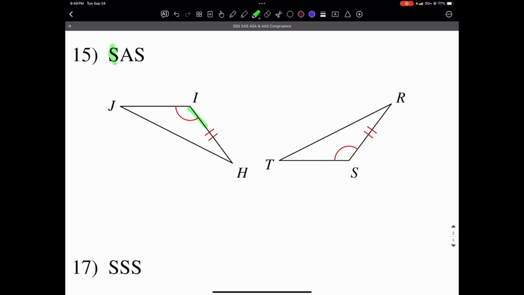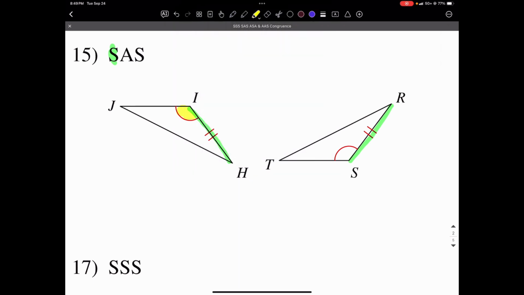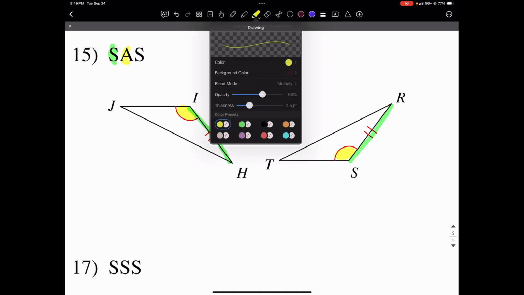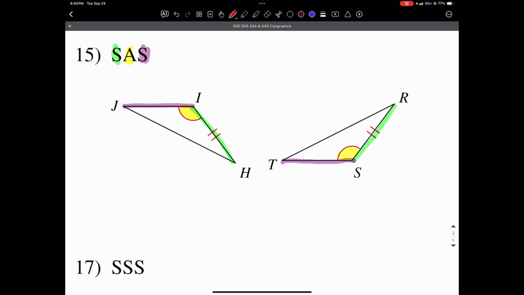We're given a side. We're given an angle. Angle, angle. And now we need one more side. So that side, of course, needs to be on the other side of the angle. So it's going to be this one and this one. And to identify what we're looking for, we just say line segment JI is congruent to line segment